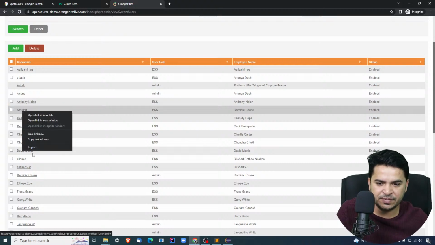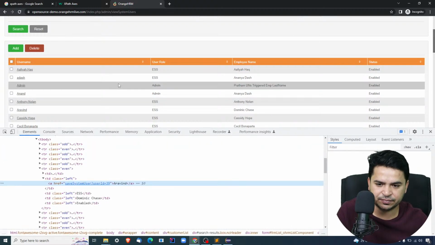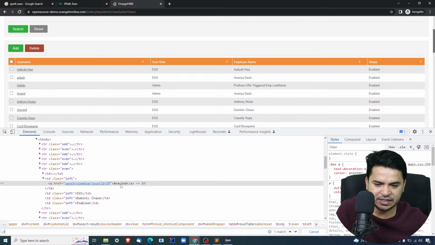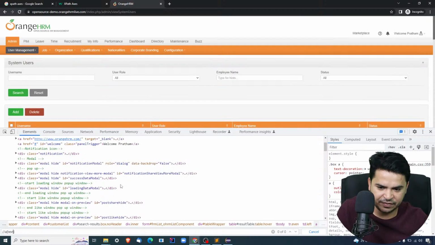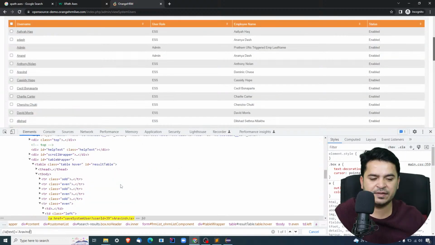So for example, if I inspect this element, which is Arvind, this is an anchor tag, right? And I can also see some href. So let me write one XPath. I will say /a and let me find this guy with the help of a text. So I can see here we have 1 of 1. It means one matching node I found,